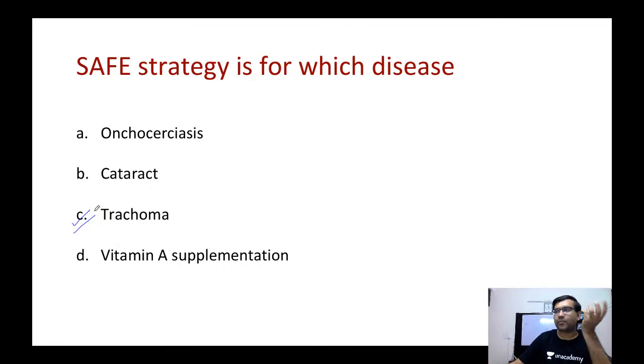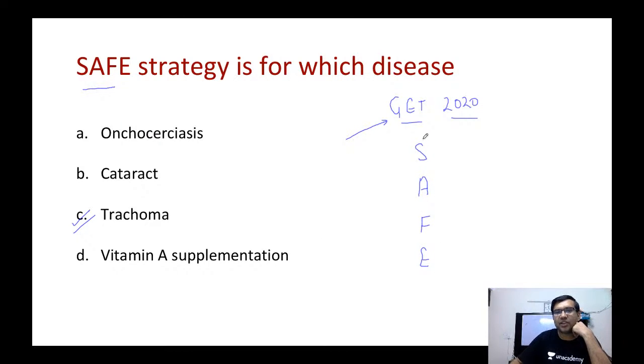So what is the SAFE program? The SAFE program is under the category of GET. What is GET? GET is Global Elimination of Trachoma. So under the global elimination of trachoma, we have made a SAFE program. So what is the SAFE program? It has 4 components: